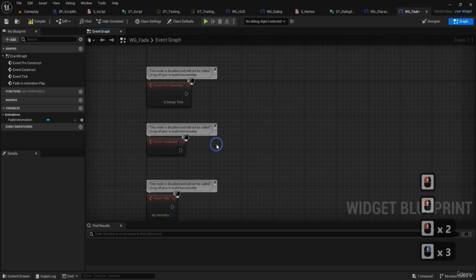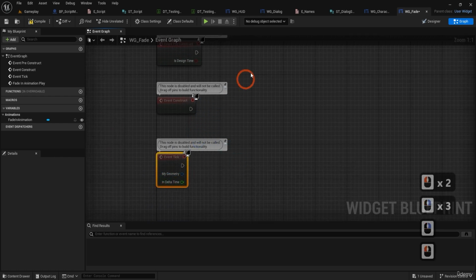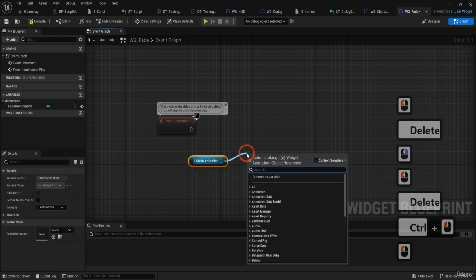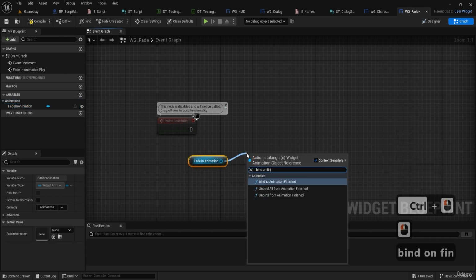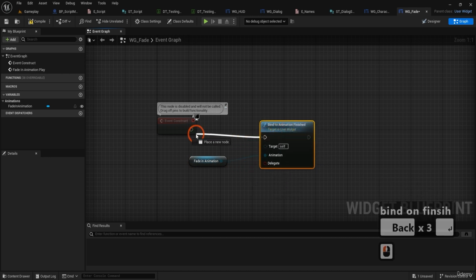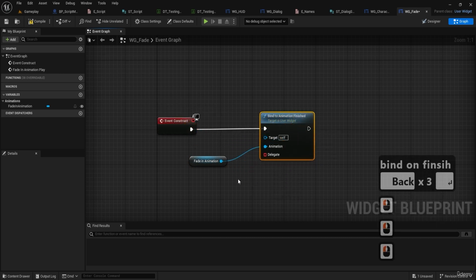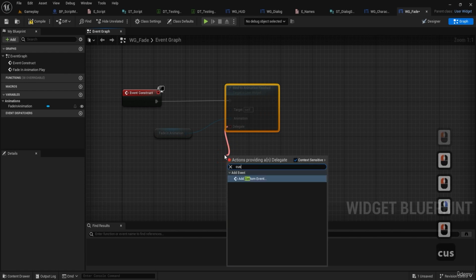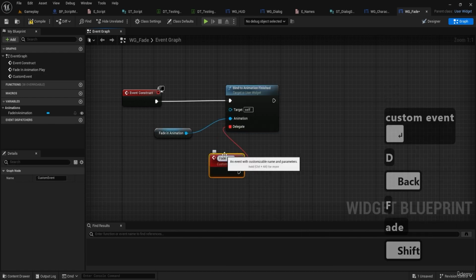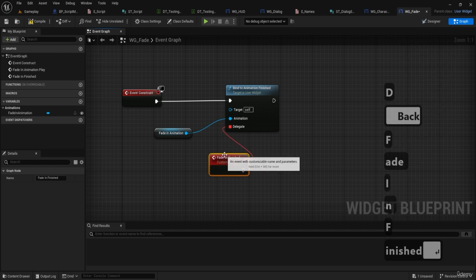And on event construct, I'm gonna bring the animation, find on finished, we're gonna create another custom event, fade in finished,